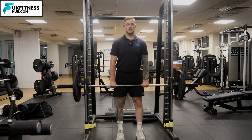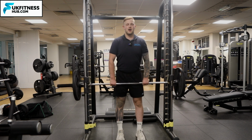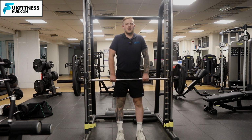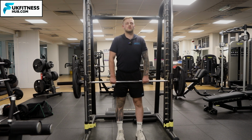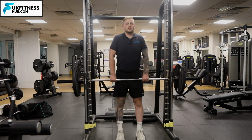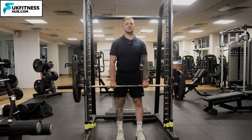And from this position, think about bringing the shoulders directly up towards your ears and back down. Directly up towards your ears and back down. You should be looking neutral as you do this, keeping the elbows completely locked out, so no elbow bend when you do the exercise. Notice how I'm going straight up and down, I'm not rolling the shoulders, and when I